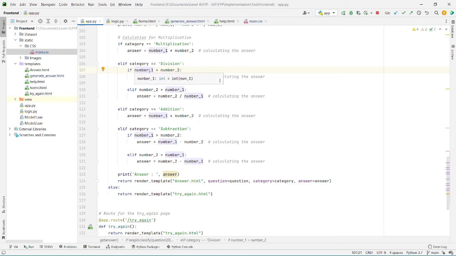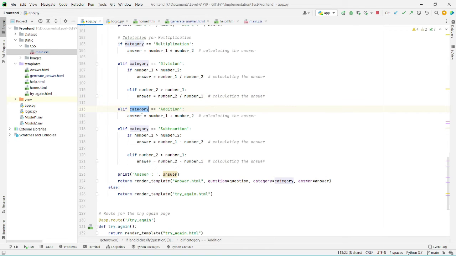If number1 is higher than number2, then the division is done like this, and then the answer is assigned to the answer variable. If number2 is higher than number1, then the answer generation is done like this, and then assigned to the variable answer.